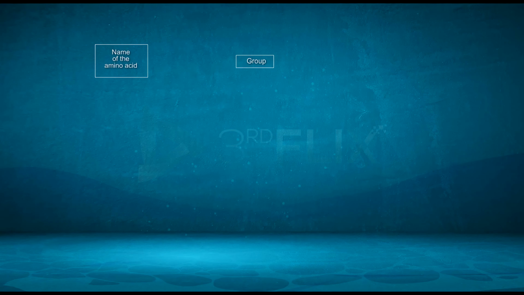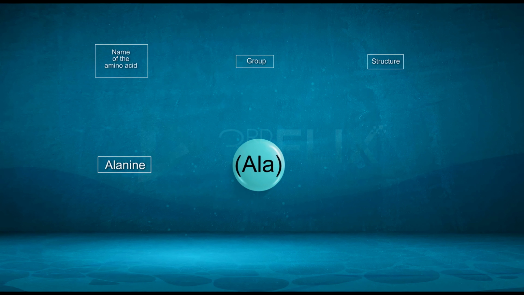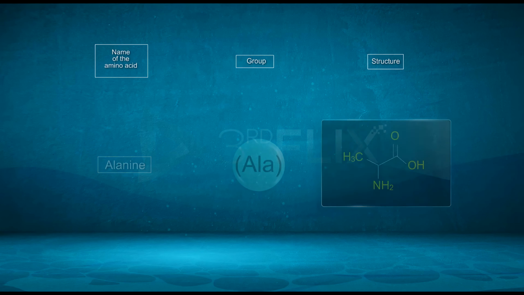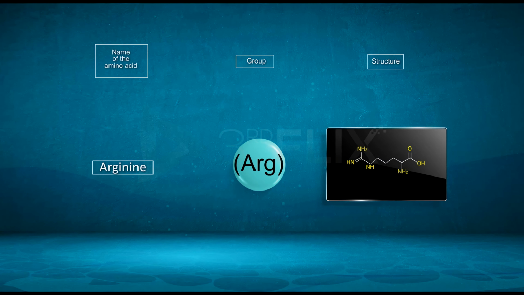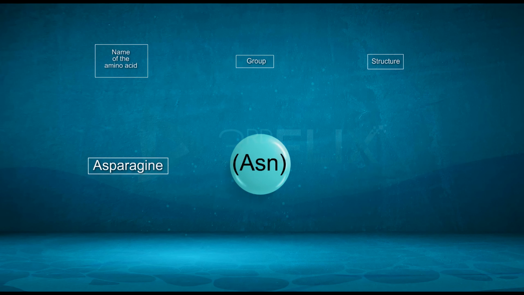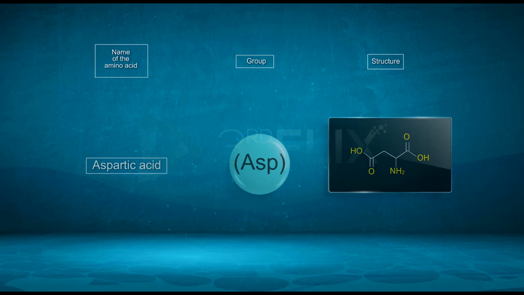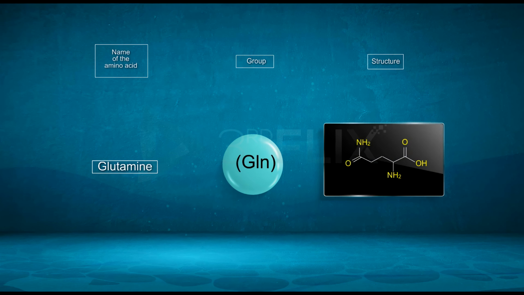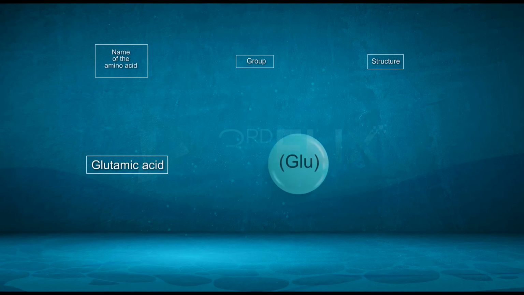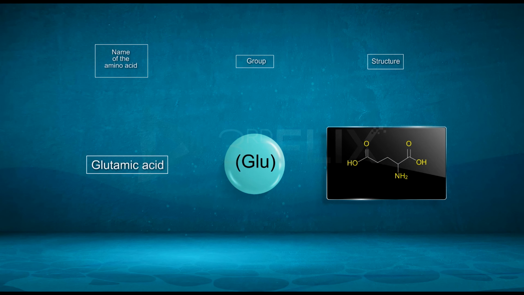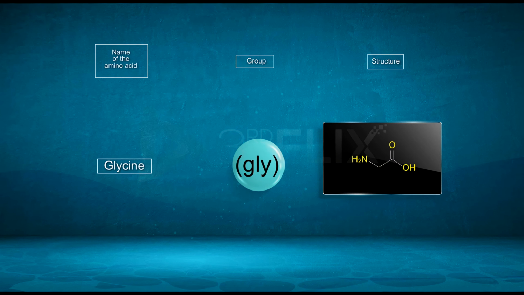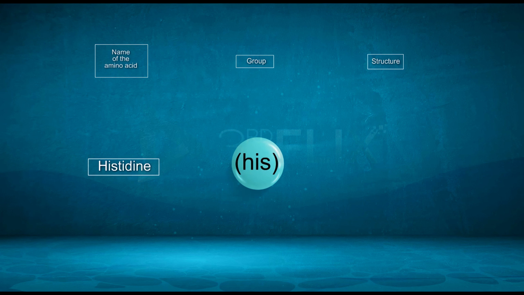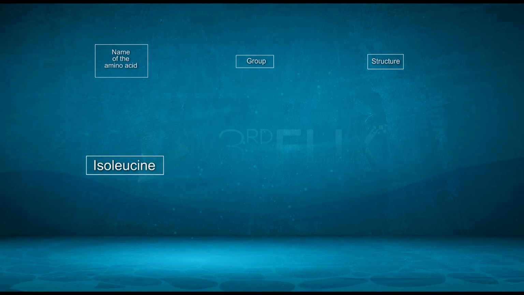The 20 amino acids are alanine, arginine, asparagine, aspartic acid, cysteine, glutamine, glutamic acid, glycine, histidine, isoleucine, leucine,